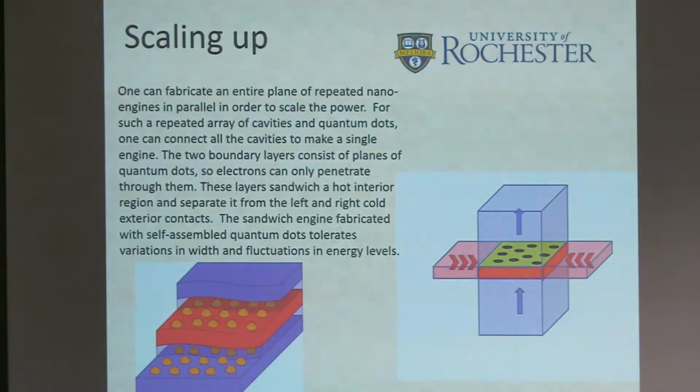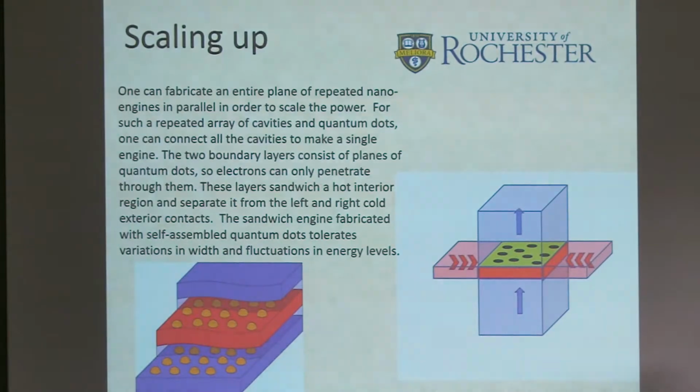Okay. Good. So that's the single engine. But now we talked about earlier, what if I wanted to not just create a few nanoamperes of current or a few femtowatts of power, but I wanted to do something actually useful? I wanted to make this thing into some device that you could use with your laptop or whatever. How could you do that? So here are a couple of ideas that we had. So one idea